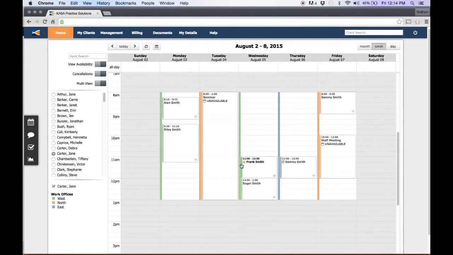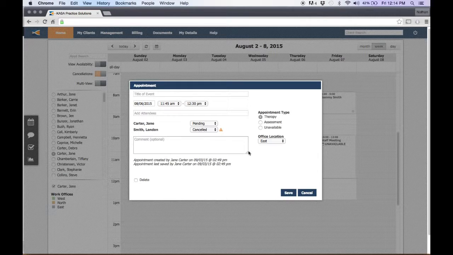So let's take a look at the scheduling alert that we have listed here. When we take a look at Landon's scheduling alert, we can simply click on his appointment and hover over the alert. This will indicate that Landon should not have any same-day appointments. These alerts can be configured in the client demographic information on the client file, so you can simply go to Landon's page, click to edit his information, and when you scroll down, you will see a box marked Scheduling Alerts, which will allow you to input